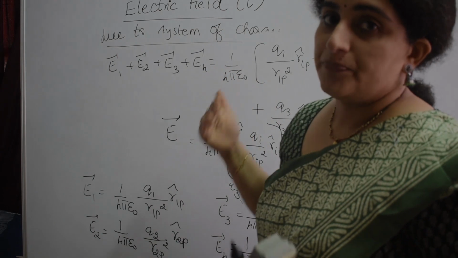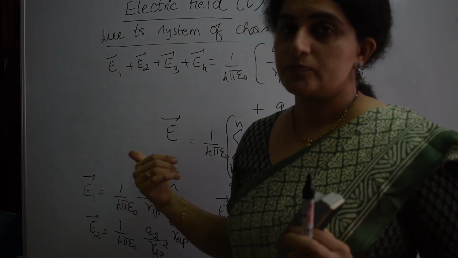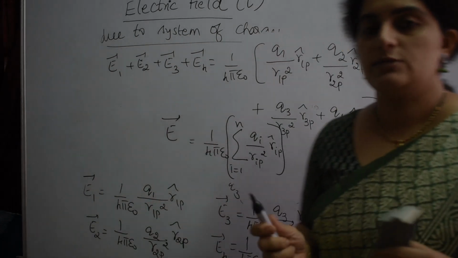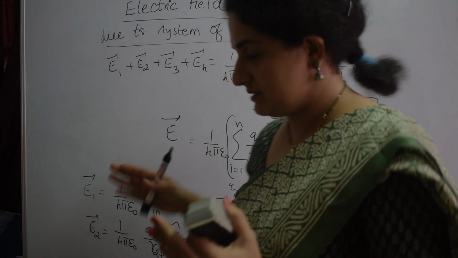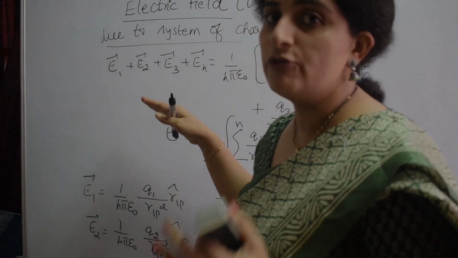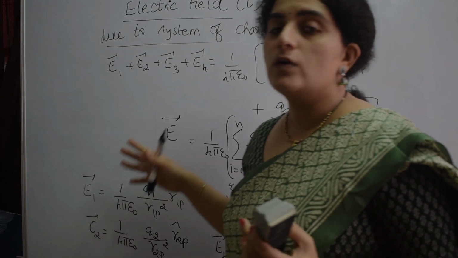Second point was the limit Q tending to 0 of F by Q, so it is the force experienced. Third one, the direction of the electric field, plus Q or minus Q, is the same thing. Fourth one is